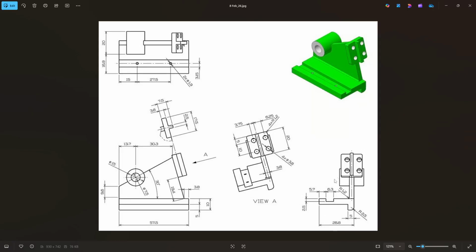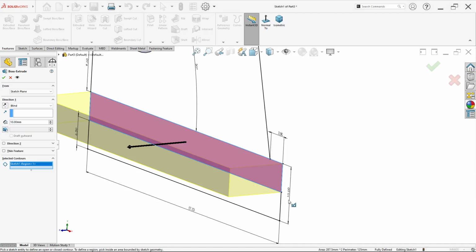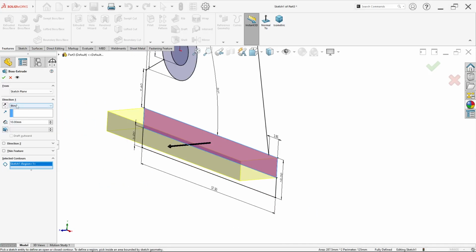Here is the right view or side view. You can see the width of this part is 28.8. So set the direction to blind and set the depth or distance for the width to 28.8 millimeter.